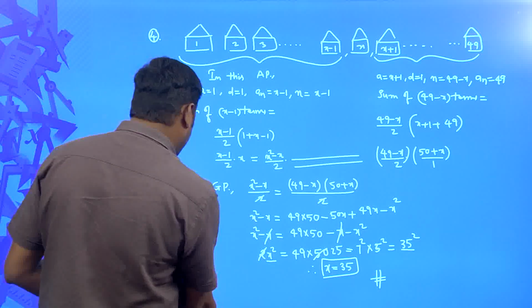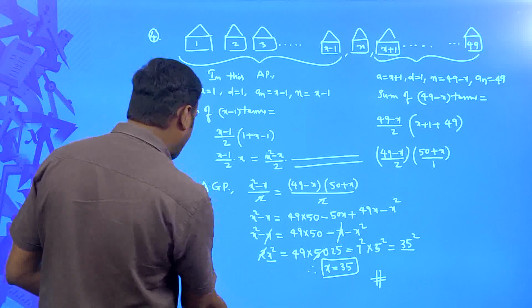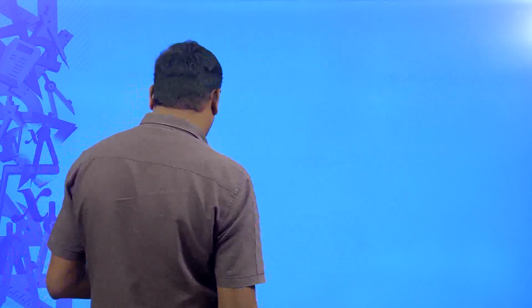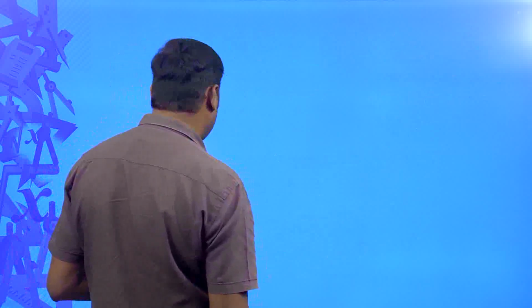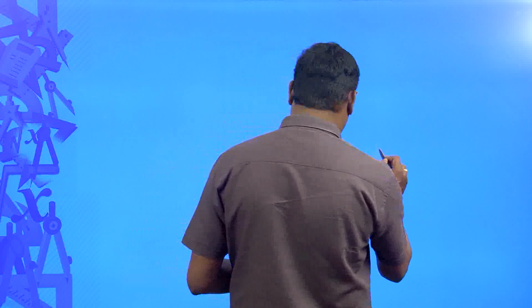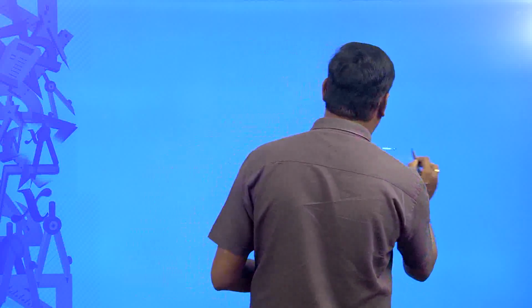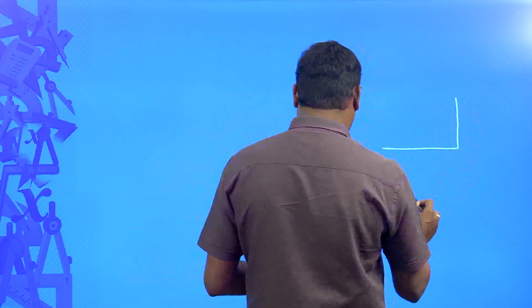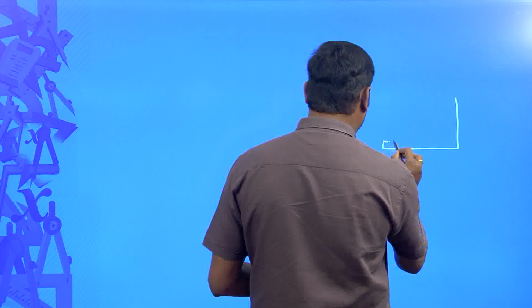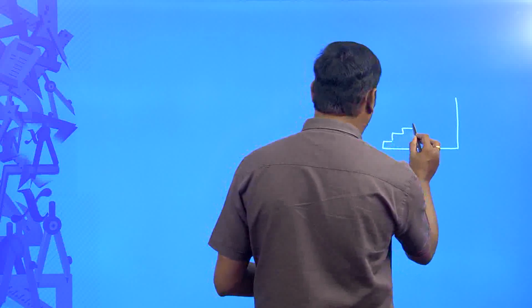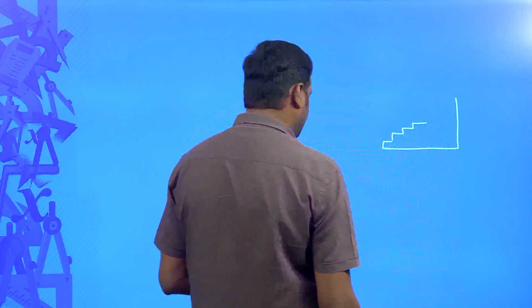That last problem is a small terrace of a football ground comprised of 15 steps. If you observe the football ground comprised of 15 steps, it is given like this. The steps are also given, and here this is the first step, this is the second step, this is the third step, fourth step, fifth step, like that.